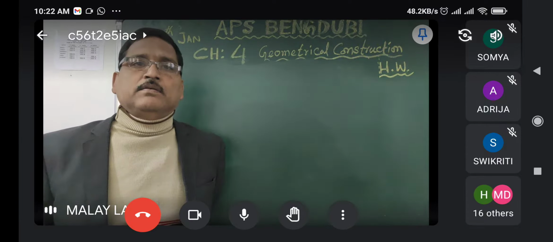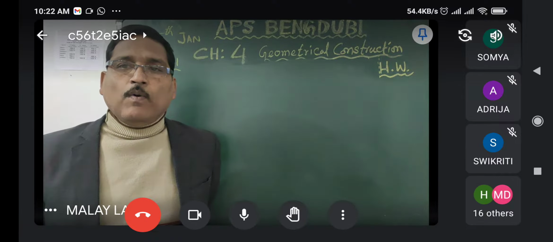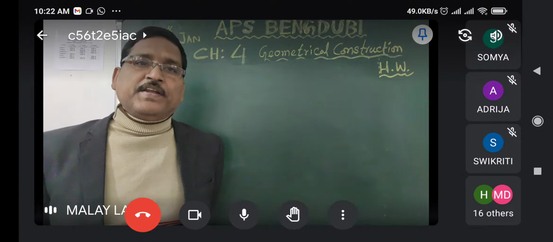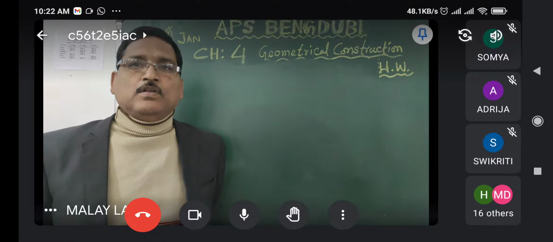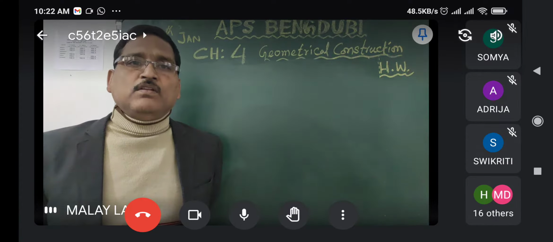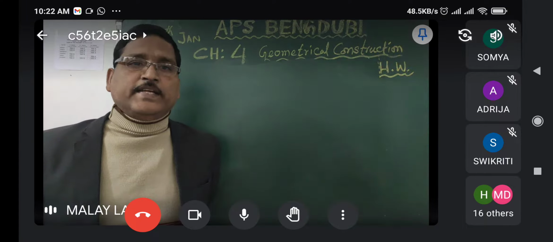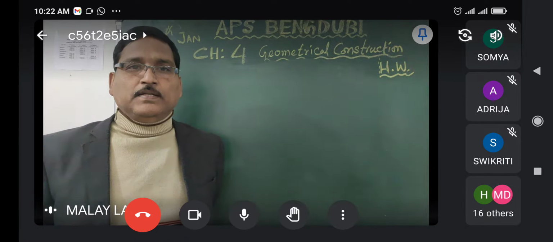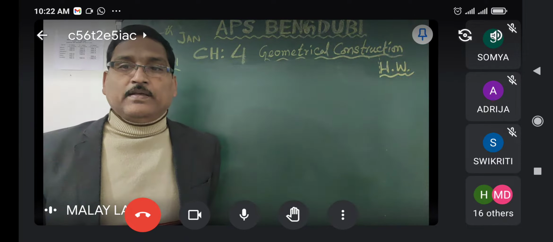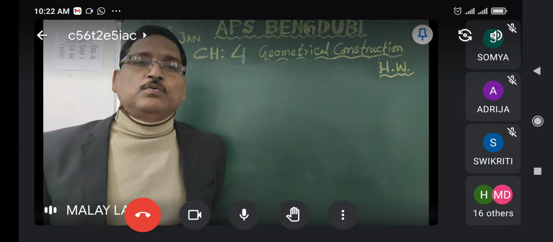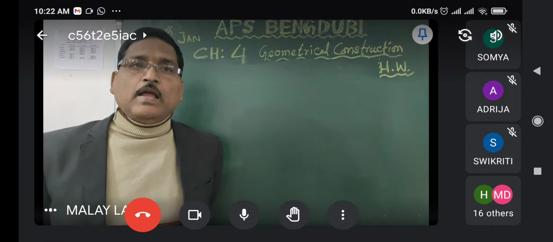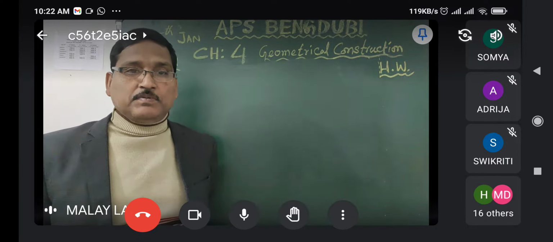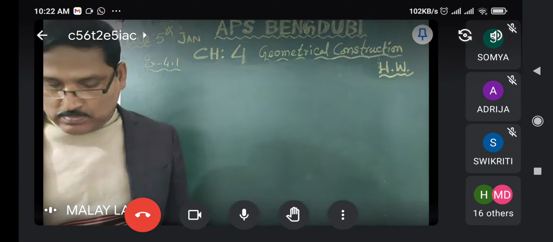Say, draw a rhombus when one side and a diagonal are given. One side given means all sides are given, so that property you have to apply. Even a rectangle, when its adjacent sides are given: two sides given means all sides given. Parallelogram, when two sides are given, means all sides given, because opposite sides of a parallelogram are equal, opposite sides of a rectangle are equal. This property you have to apply. Those who forgot that property, please go through the quadrilateral chapter once again and learn the properties which will help you to draw the quadrilateral on your notebook.